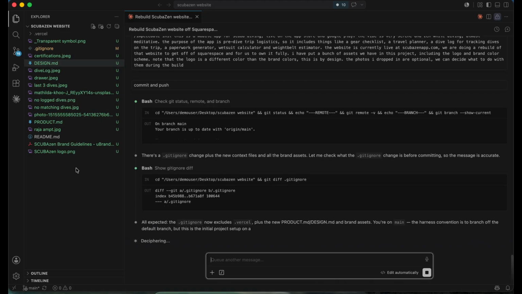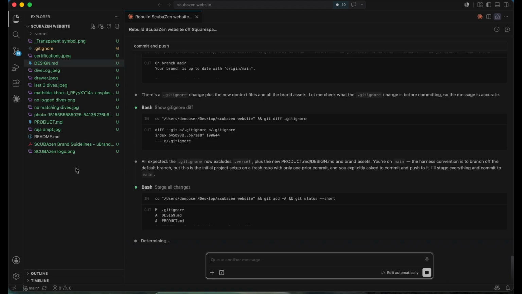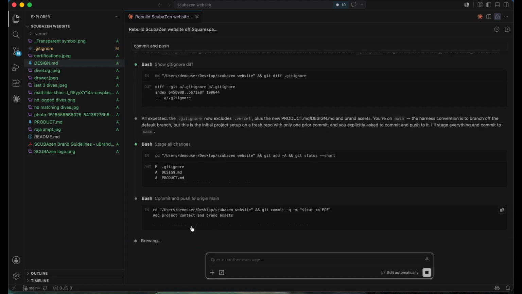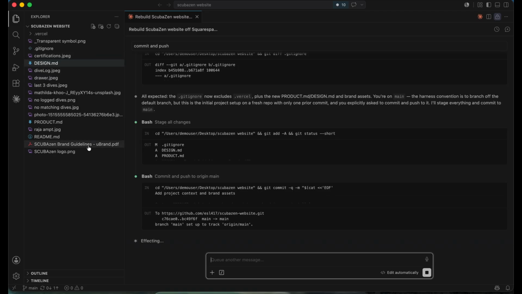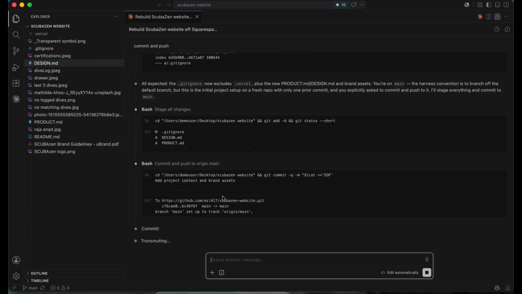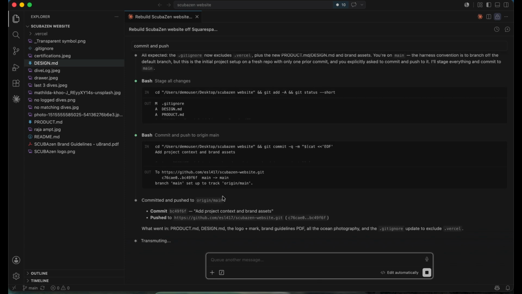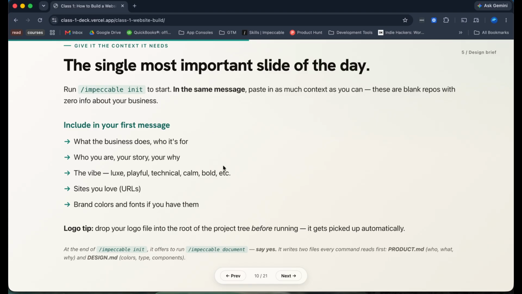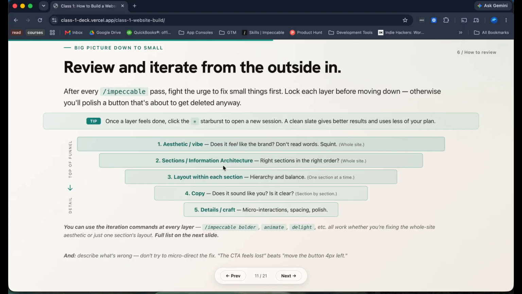So even if everything goes completely haywire, I can always come back to this exact starting point. All my design documentation is done, and I can start fresh. See, just turned all white. So now we're good, we're clean and ready to go. Great. So we don't need that anymore. All right, so we're done here.